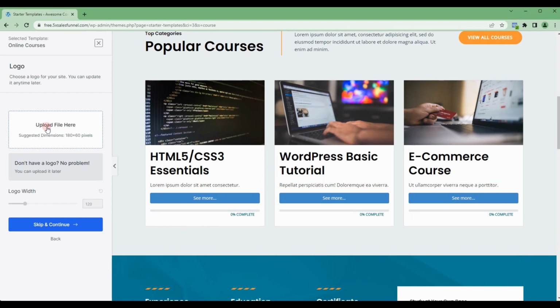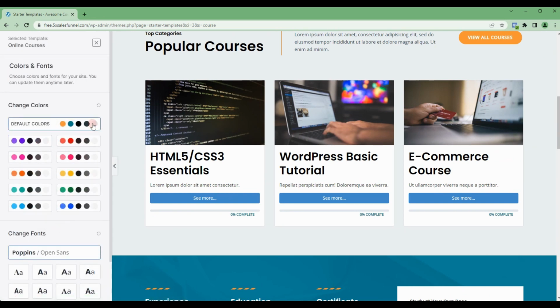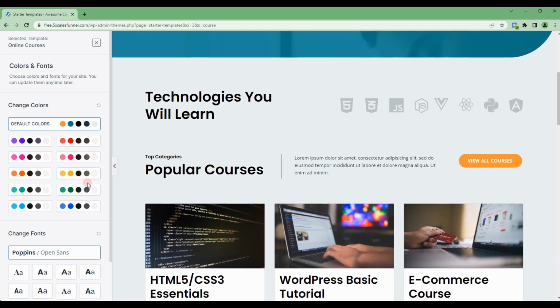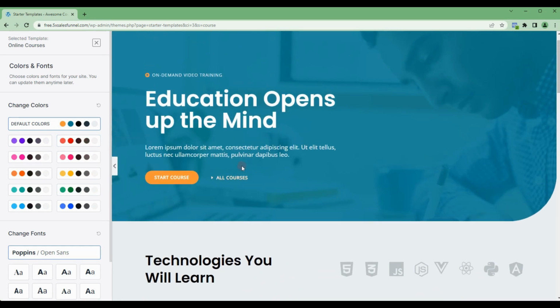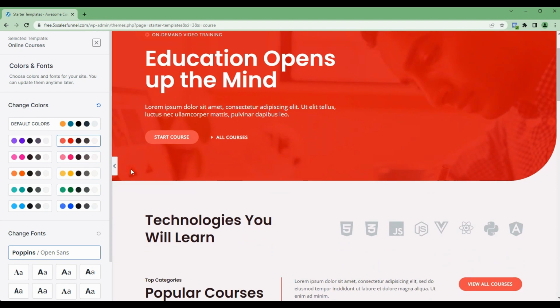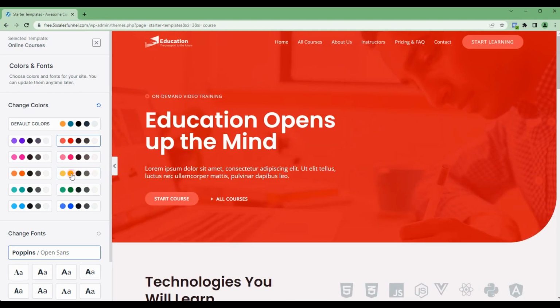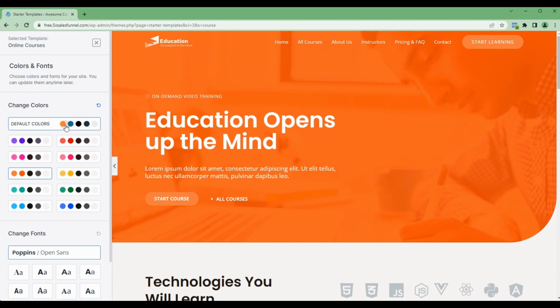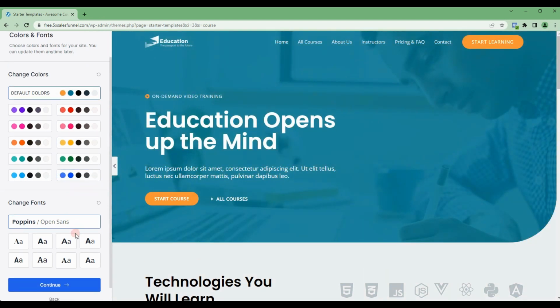It's also asking me on the left side if I have a logo to upload. If I have, I can upload it. For this, I'm going to skip it right now. I'm going to skip and continue. It's also asking if I want some pre-selected colors. You will see that if I select a different color here, the buttons will change and the background color changes. You can play around with these, but for the sake of this, I am going to stick with the default color. I'm also going to stick with the default fonts,